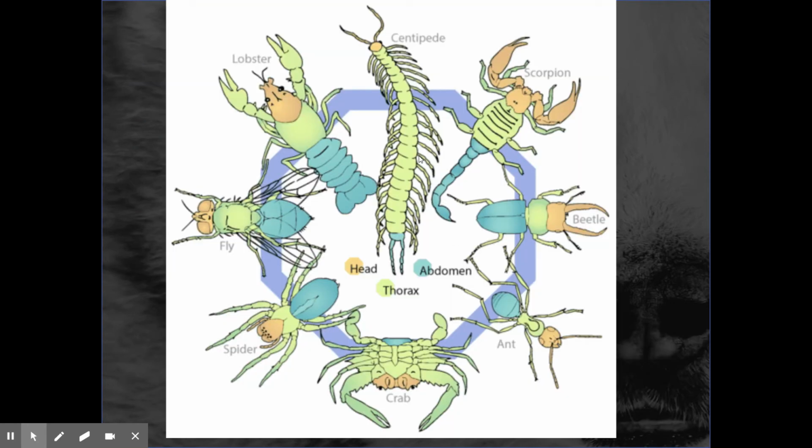All right, so in this category, what do we have? Lobsters, centipedes, scorpions, beetles, ants, crabs, spiders, to name a few. And what they have in common is the head, thorax, and abdomen, the 3-part body plan. Now, it's kind of diverse. They're certainly not all the same by any stretch of the imagination. But you got the head with most of the sensory organs, the abdomen with the digestive portion especially, and usually in the abdomen you also have respiratory function in there, and then the thorax, the tail end of it.